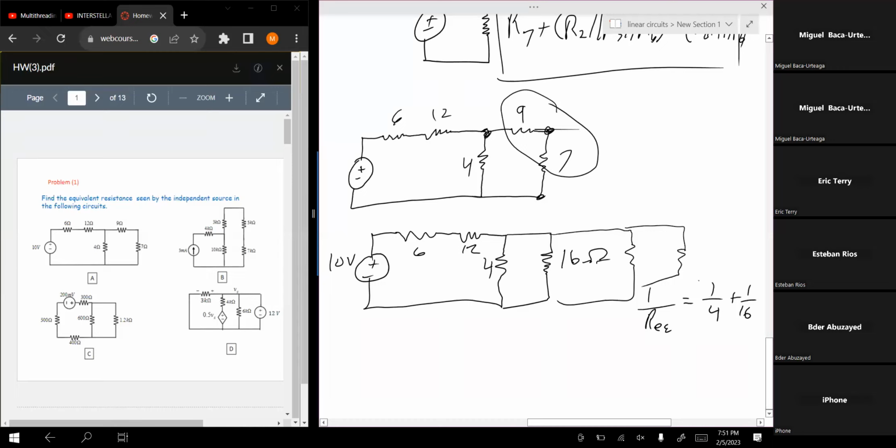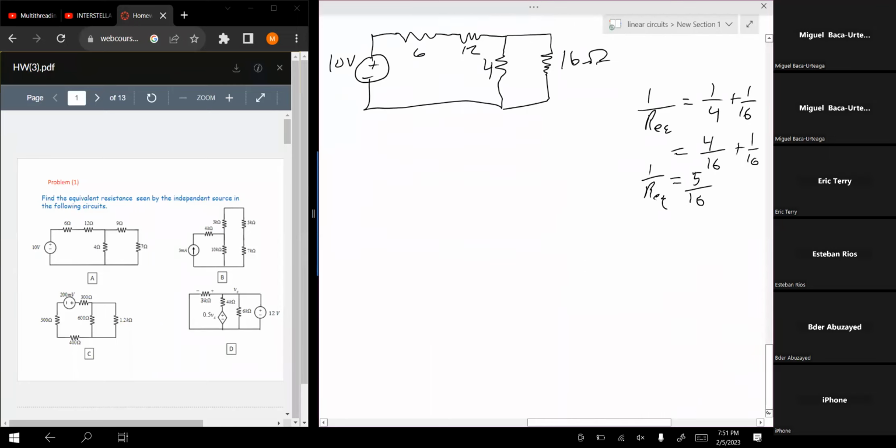Plus, you just add them on to the end, right? But in this case, it's just these two. In this case, I would simplify this. I'd say, okay, this becomes 4 over 16 plus 1 over 16. And then this basically becomes 5 over 16 is equal to 1 over R equivalent. And then we can just flip this to R equivalent is equal to 16 over 5. And that should give us 3 point,